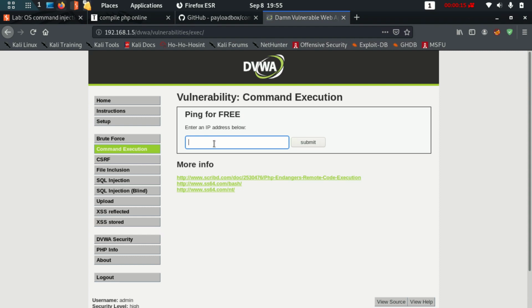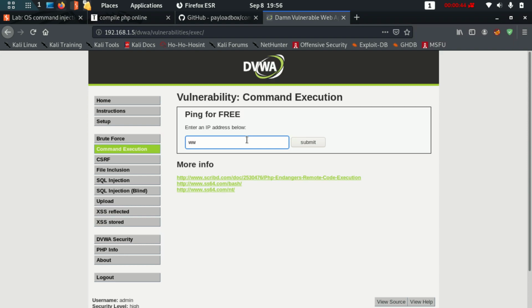Command injection is when an attacker is able to use his own operating system commands, any commands he wants, so he can execute arbitrary tasks on the server of an application which is running. So for example, over here, this is a ping utility, so I can ping any place I want. For example, if I want to ping Google, I need to type the IP address of google.com and that will ping it.